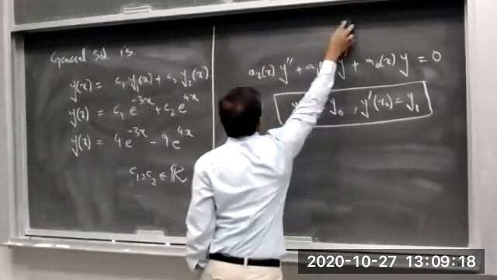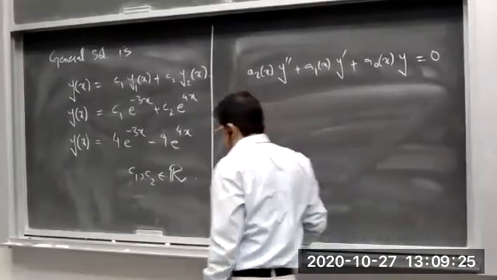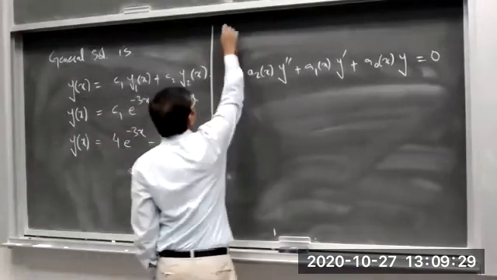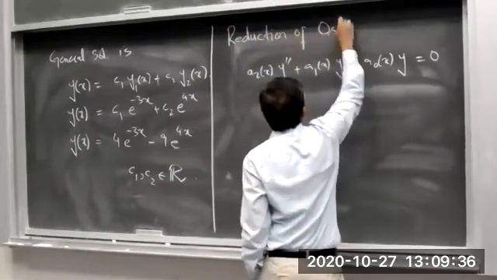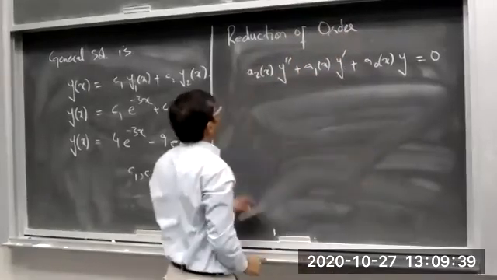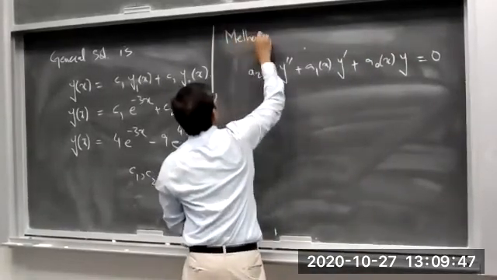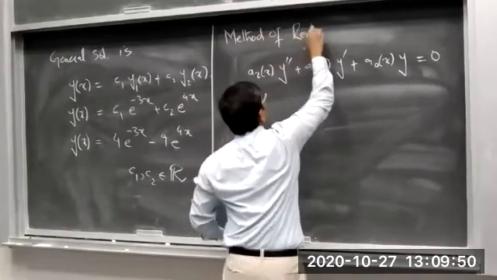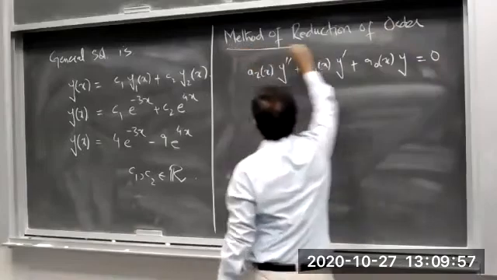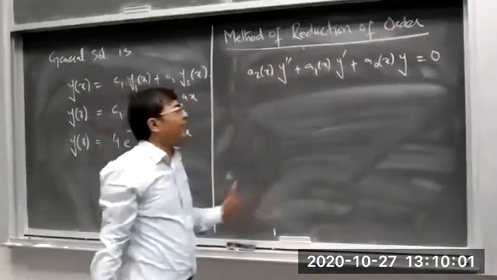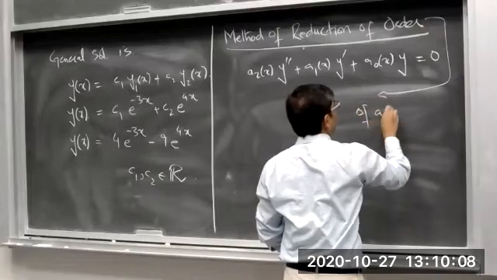we are going to discuss reduction of order. Method of reduction of order. आप ये कह सकते हैं. Method of reduction of order of an ODE. आप कह सकते हैं. Of an ODE, of a second order ODE. ठीक है. यहाँ पे आप कह सकते हैं of a second order